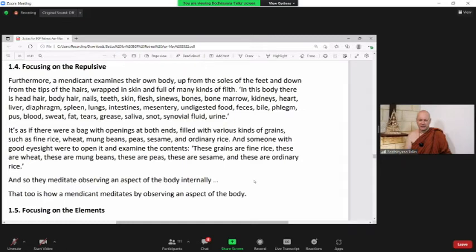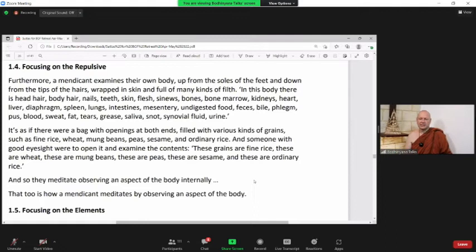So 31 parts of the body, no brain is to be found. So whatever, it doesn't really matter. And then you have this beautiful simile that we saw before. It is as if there were a bag with openings at both ends, filled with various kinds of grains: fine rice, wheat, mung beans, peas, sesame, and ordinary rice. And someone with good eyesight were to open it and examine the contents. These grains are fine rice, these are wheat, these are mung beans, these are peas, these are sesame, these are